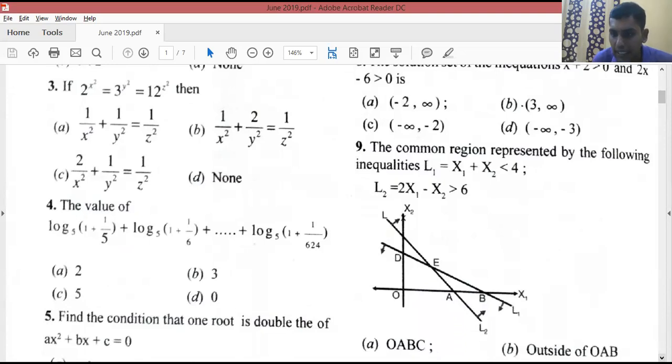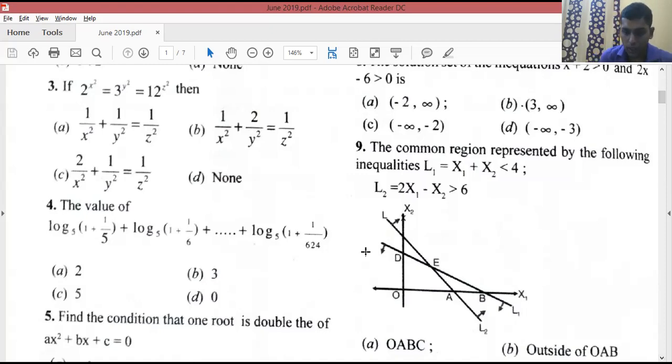The first equation has lesser than symbol. The second equation has greater than symbol. We will just go with the short technique. If the lesser than symbol is there, you have to shade lower. Lesser than, lower, left side. You have to shade like this. If the lesser than symbol is there, you have to shade in the left side. If the greater than symbol is there, you have to shade in the right side. This is a small technique you have to use.